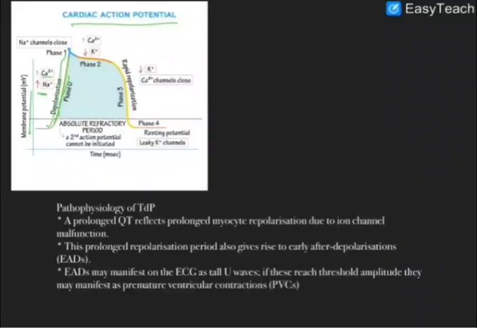And in phase 2, potassium channels start to open, and these potassium channels will allow potassium to go outside the cell. But this phase of repolarization is divided into two: in phase 2 the repolarization is a bit slower, and then it picks up the pace, and in phase 3 repolarization is rapid. This occurs because in phase 2 the calcium channels are still open, and the positive charge loss due to potassium moving outside will somewhat be counteracted by calcium influx. But in phase 3 these calcium channels close and the potassium will rapidly go out of the cell,